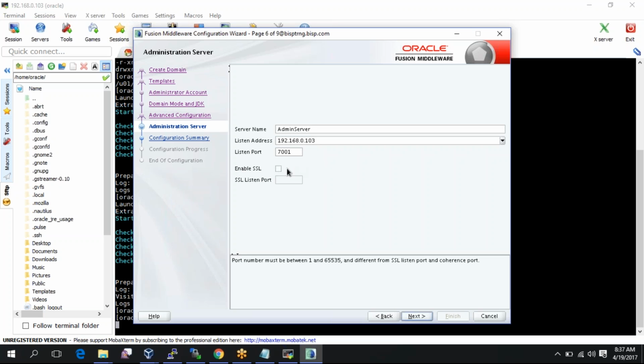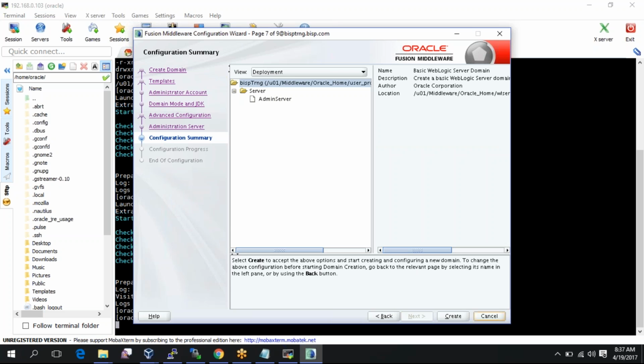Enable SSL: if you want your admin server to enable SSL, you can check this box. If you don't want it, you can uncheck it. SSL is needed if you want to use HTTPS. If you don't want to use it, you can go without it. So let's say I'll select it just to show you, so that we can access it on both links. We can access it on HTTP as well as HTTPS. Going for the next one,